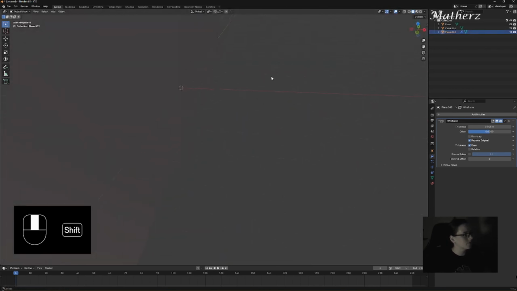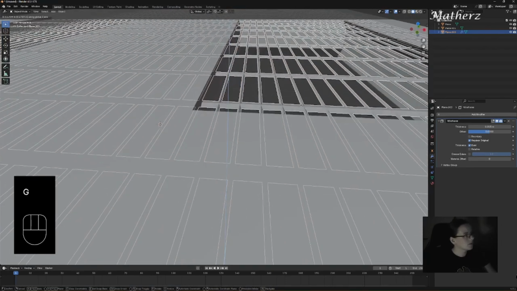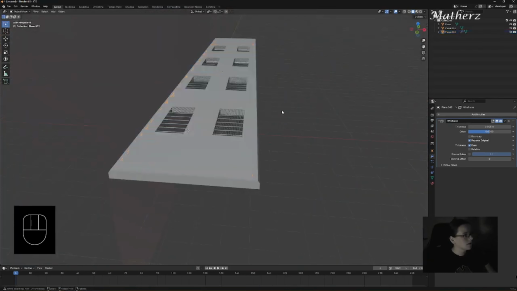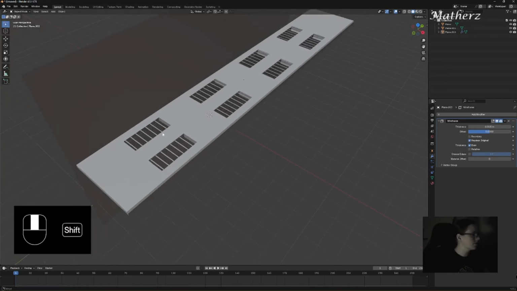I'm just going to go ahead and bring this up. Press G, bring it up. So now we've got this nice little grating system going across. So the next thing